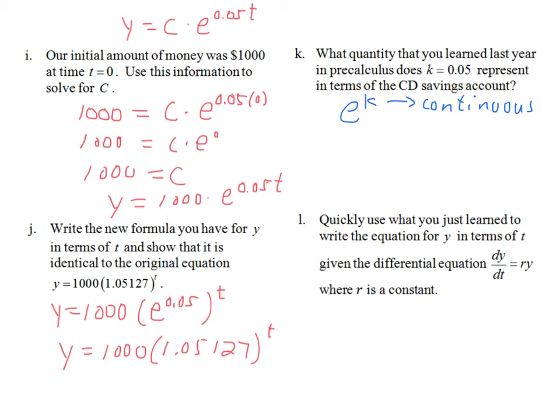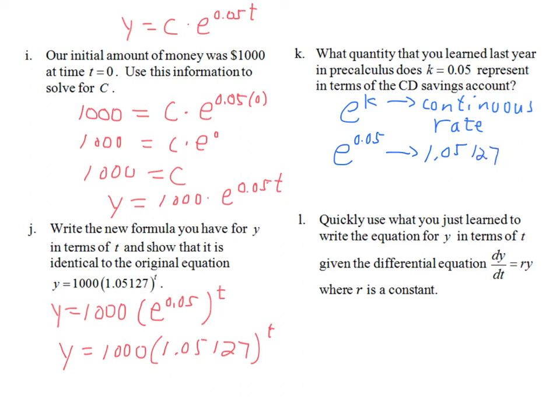Okay, continuous rate. I think I spelled that correctly. All right. So if the bank was to tell you that your money was going to grow at 5% compounded continuously, that would mean that you would just plug that number, 0.05. You'd raise e to that number, okay? And we're showing that gives us